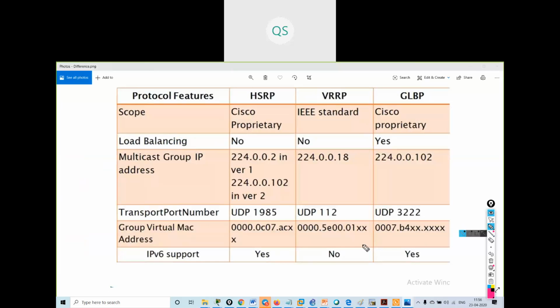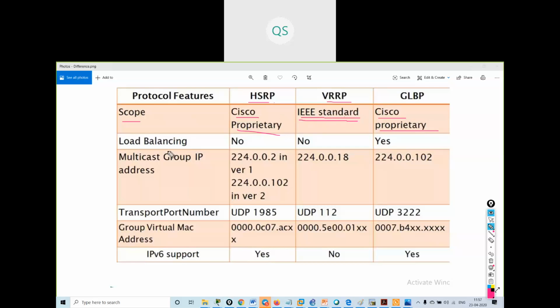Now, what is the difference between the three of them? Scope: HSRP is Cisco proprietary, so we can use it on Cisco devices only. VRRP is an IEEE standard, an open standard, so we can use VRRP on Cisco as well as non-Cisco devices. GLBP is also Cisco proprietary.